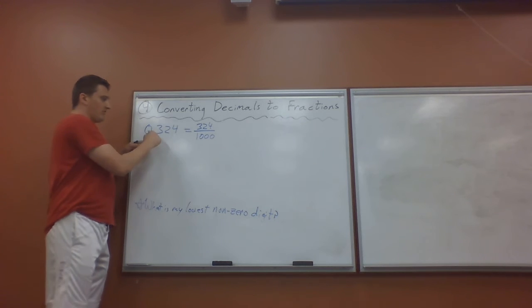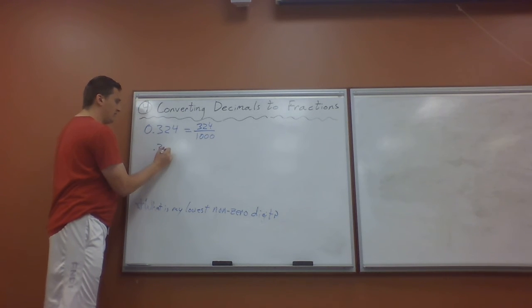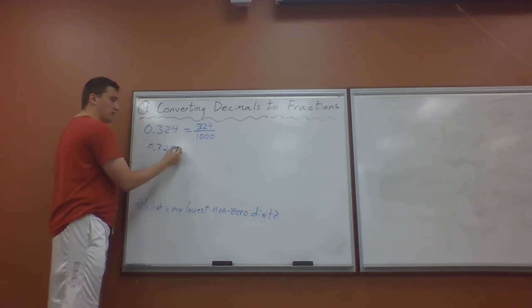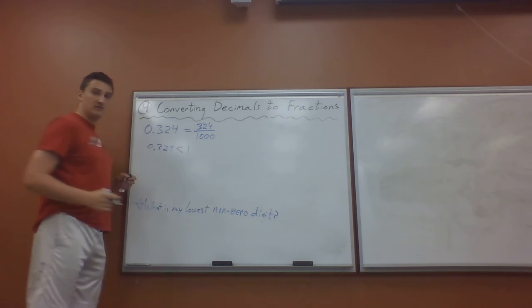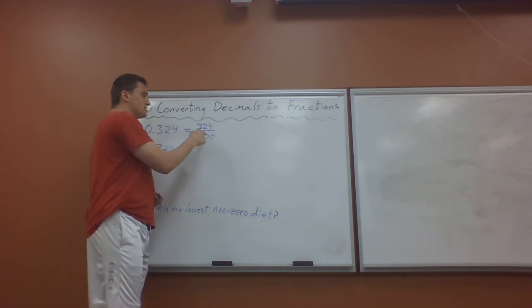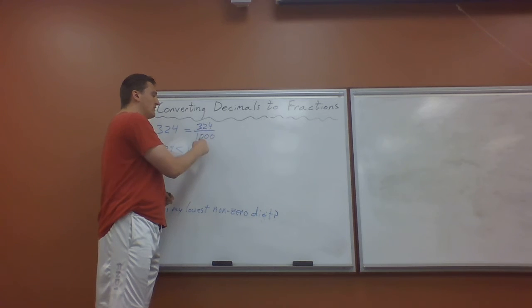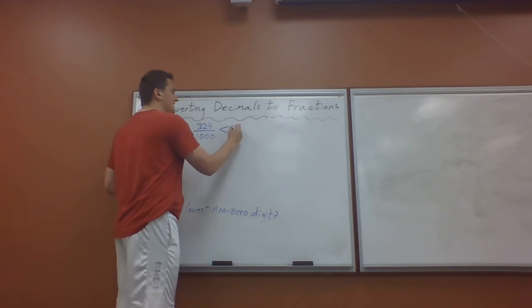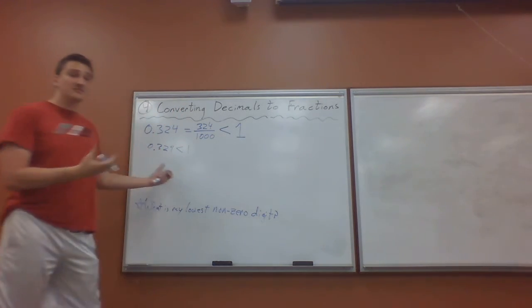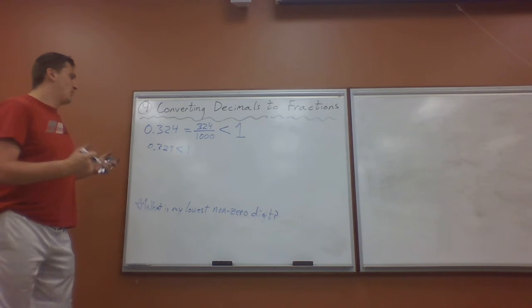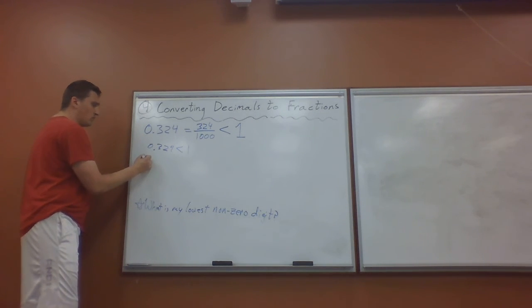Now we know that 0.324 is less than 1. And we know, therefore, 324 divided by 1,000 is also less than 1. Our answer makes sense. But what if we had this? If we had